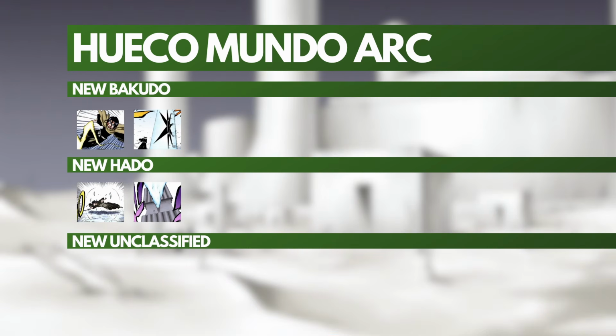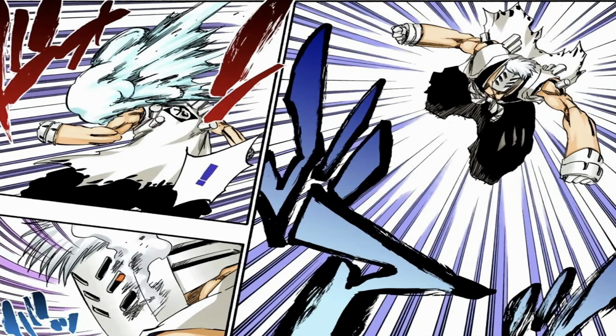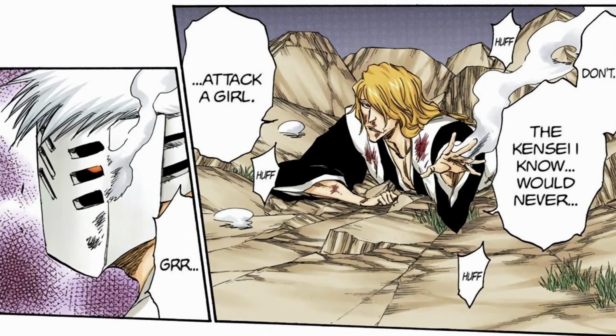Moving into Turn Back the Pendulum, there is a moment where Rose seemingly blasts Kensei with an unnamed, unnumbered Kido. It's literally just an energy blast, so it could reasonably be anything. In terms of actual Kido that we can count on this list, there's only one here, but it's absolutely a